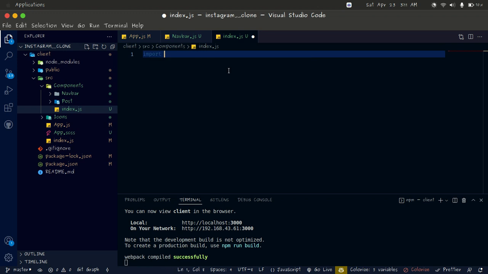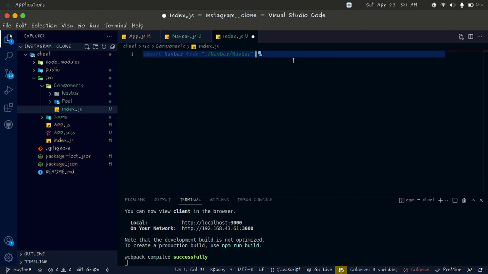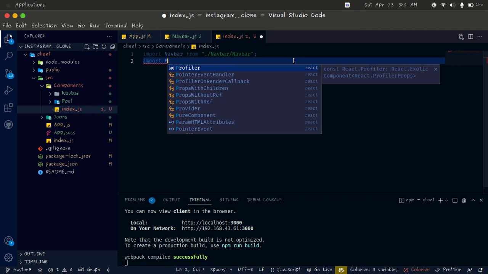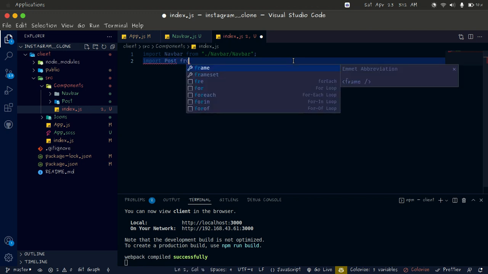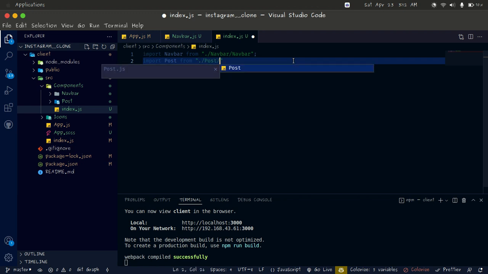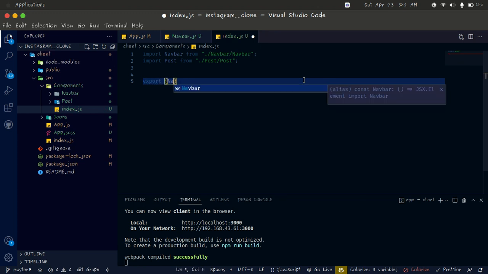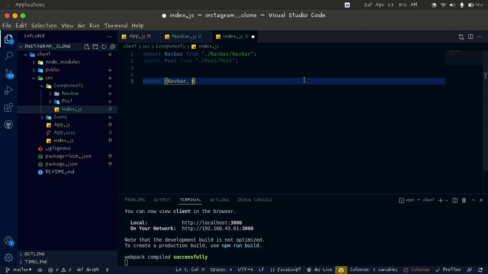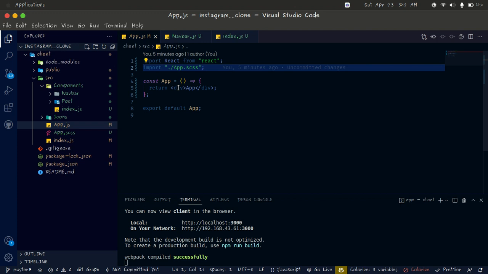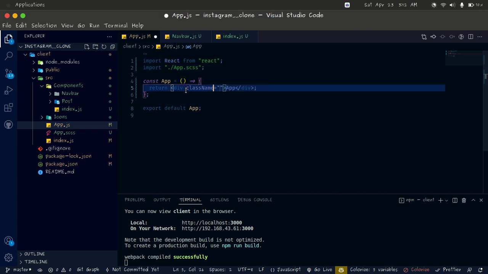Import navbar from navbar, and import post from post. Then now here I just come and do export the navbar and the post, but we're not going to use the post though. So in the app.js file here, I'm going to give it a class name set app,